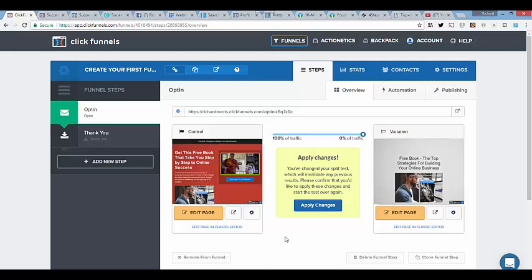So in this way, you can split test right within Clickfunnels, and you can determine which one of these pages is going to outperform the other one, and then you can drive all your traffic through the one that's converting at the highest level. So hope this makes sense. If not, go back and look at things again. You can back up, look at things that you didn't understand, or if you're doing your own, you can open this video up in one window and open Clickfunnels up in the other window, and you can stop and start me as you